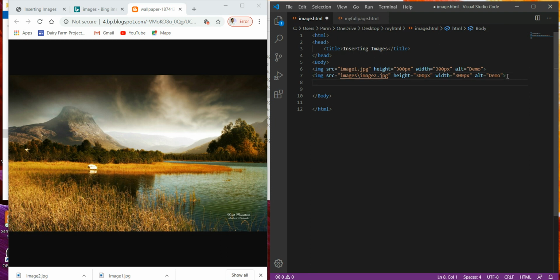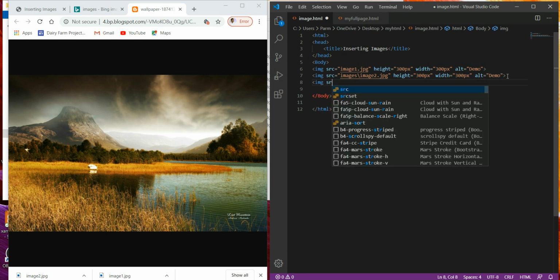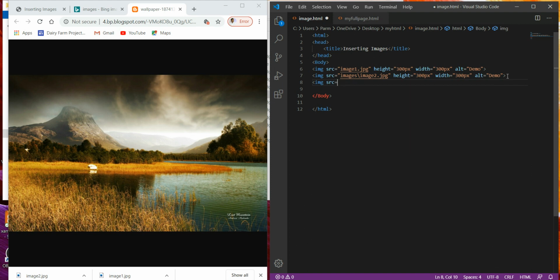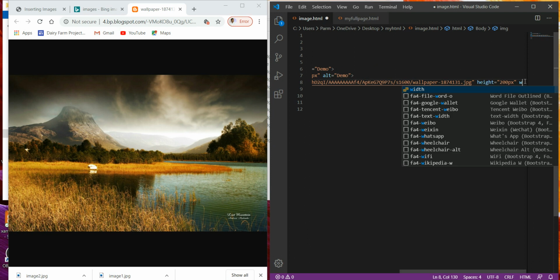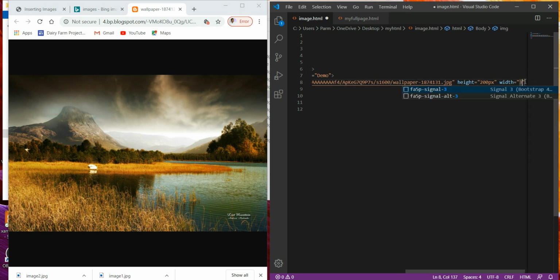To insert an image that is on another server, we use the same procedure: image source equal to, and here we give the path we just copied. Then we give the height equal to 200 pixels, and the width equal to 300, where px stands for pixels.